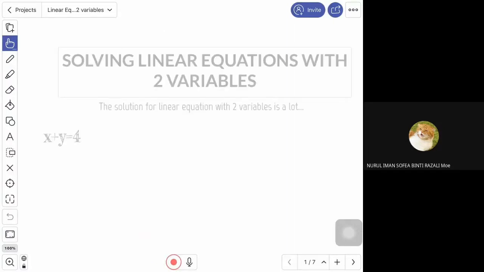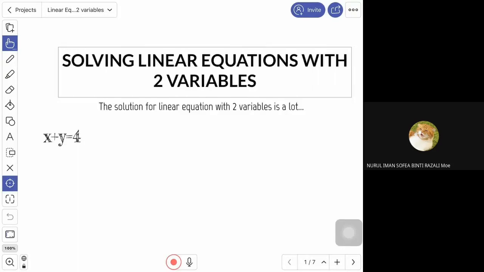So in previous class, you have learned how to solve linear equation with one variable. There are many forms of equations involving fractions. Now, today we are going to learn how to solve linear equation with two variables. For example, here we have variable x and variable y. So when we want to solve